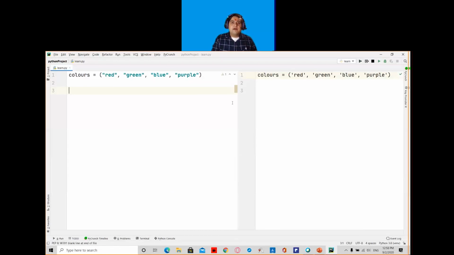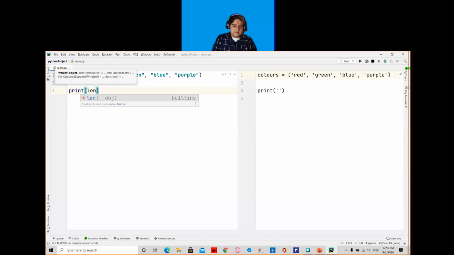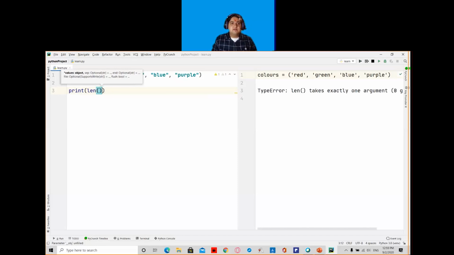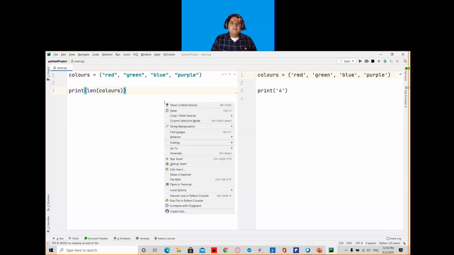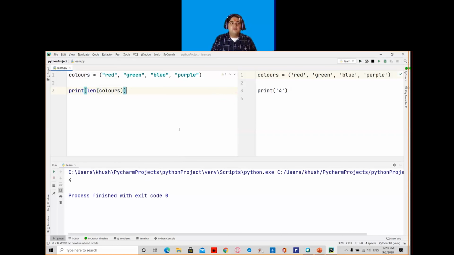If I want to find how many elements are there in my tuple, I will use the len function. So I will write print, and inside the print brackets, I will write len with round brackets, and inside these round brackets, I will call my variable, which is colors here. Now if I run this program, it will give me my output as 4.